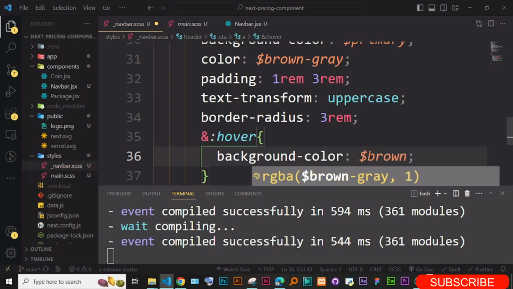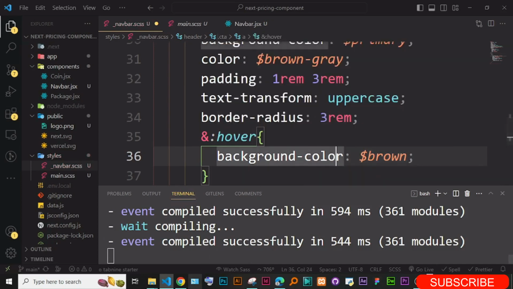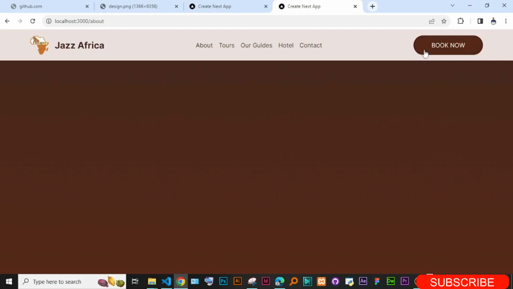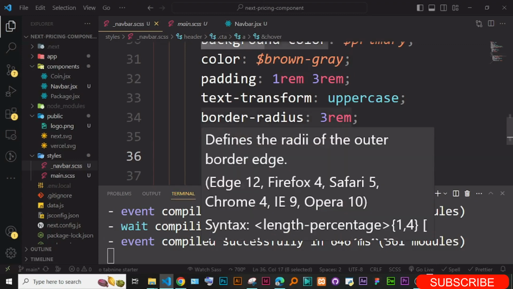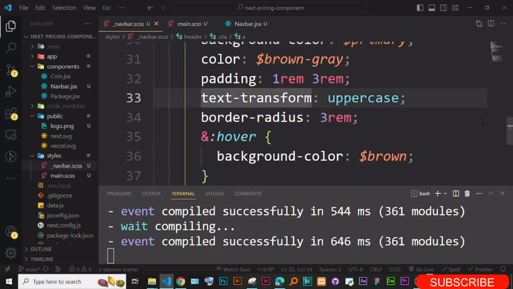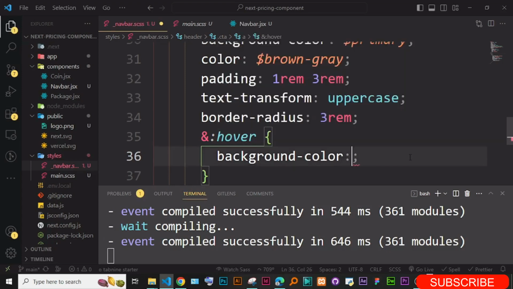Let's use this brown, Dora brown, and let me see if this, yeah, there is some change actually. Okay, so you can use that, or you could just reduce the opacity, whatever you want to do. You can just simply do the same trick. You could just get this and you put it inside